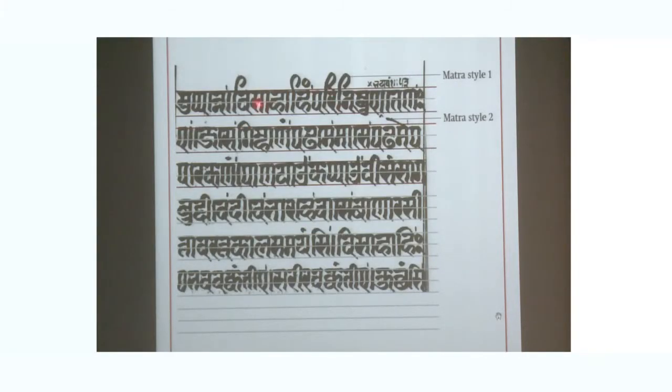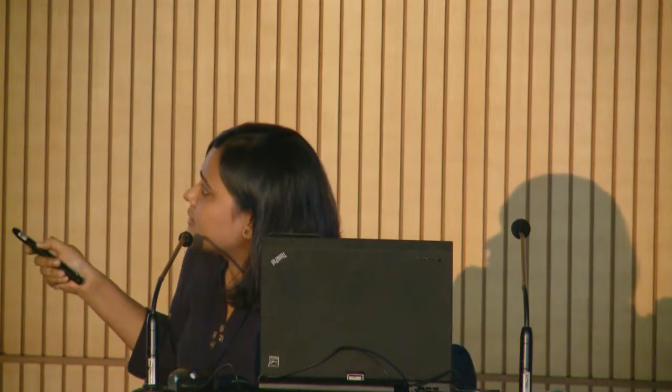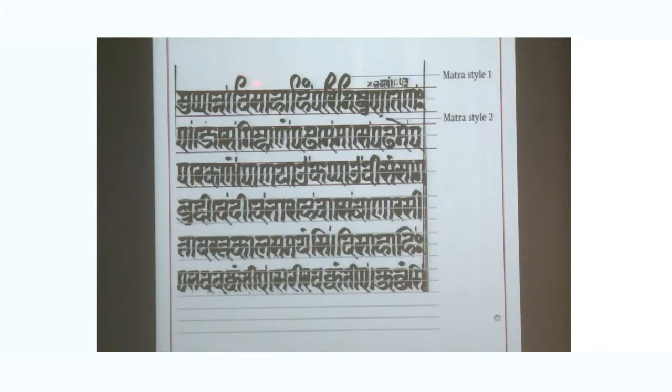Another interesting feature is the two matra styles. One matra style is from line 1, and the other matra style is from the lower lines. In the first line, the matra is taken from inside and then goes like this. It is more flared and decorative than the lower matras. Generally, since the space in the margin is open, the Lehya must have used it to make a decorative curve. We find two matra proportions. Matra proportion 1 is the first matra style.